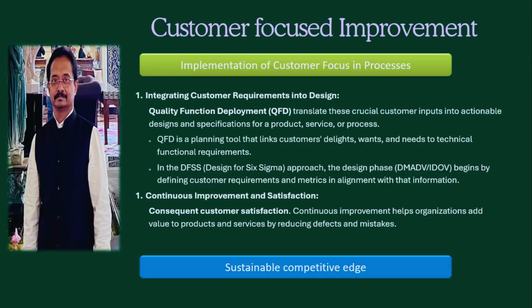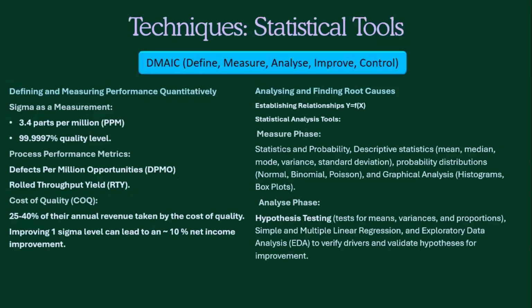And I'm not going to stop there, right? I'm going to bring in continuous improvement so that I can take my client to the delight stage, not only the want stage, right? So DMAIC is the methodology we are going to use for this. It is a proper statistical tool, right? DMAIC talks about define, measure, analyze, improve, and control, right?